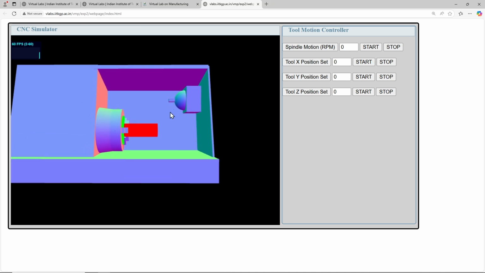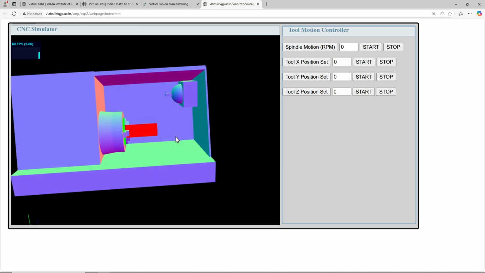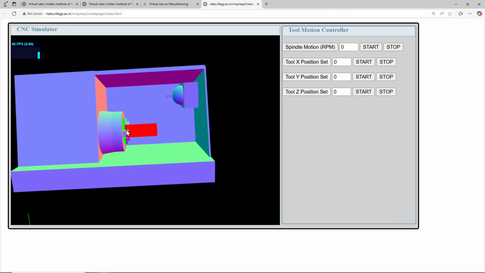So, this is the CNC simulator, we can zoom in, zoom out, and pan. This is the workpiece, this is the spindle, this is the chuck; when we rotate the spindle, this chuck would rotate, and this is the turret. The CNC machine has turrets which hold between 8 to 24 different kinds of tools.